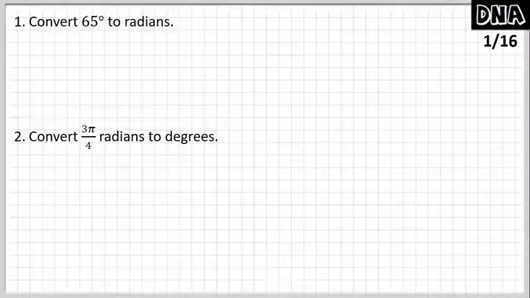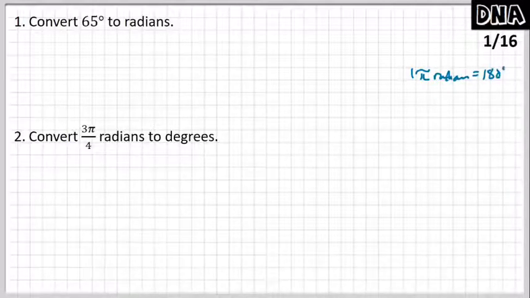Guys, we're going to convert. You know that one radian, or pi, 1 pi radian, equals 180 degrees. You know this. And because you know this, you guys can create conversion factors. So if you were trying to convert 65 degrees into radians, you're going to multiply this times